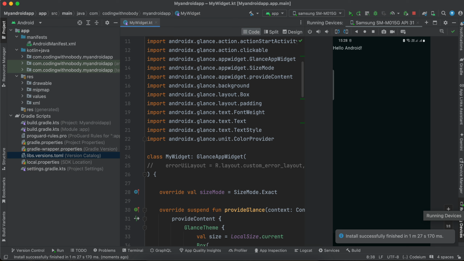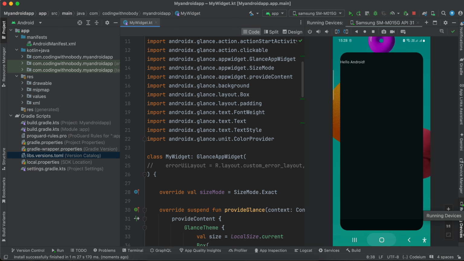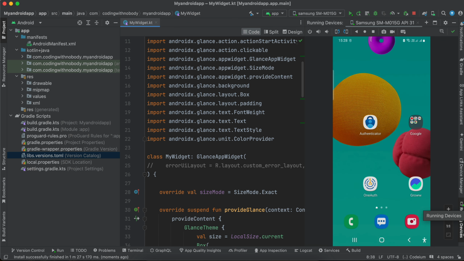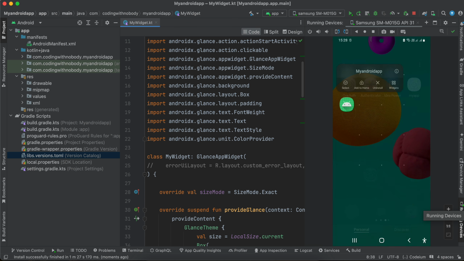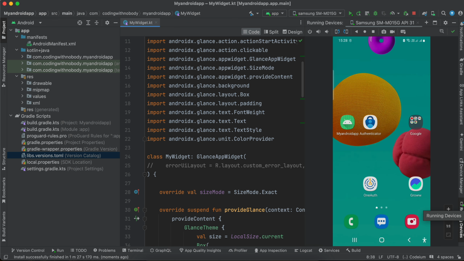Okay, so here is my basic application. Okay, nothing special about this. Now what I will do, typically whenever you want to add widgets, is you have to go to your application. So I'm trying to mirror my device, that's why the output is little bit laggy. Don't worry about it. When you try it in your real device, it won't be laggy. Just long press on your application, and here you will see something like this. Oh, sorry. I'll just long press on it and just